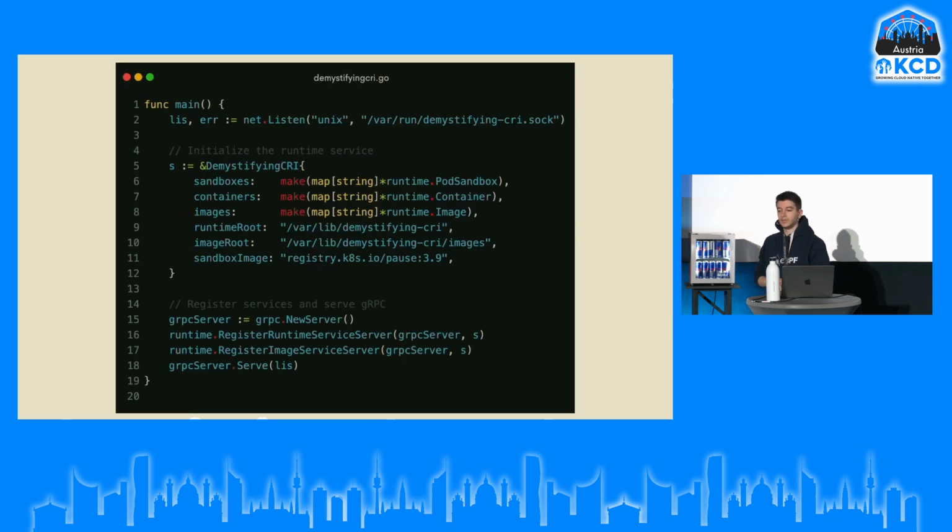All of that now needs to start somehow, right? So we have a main function, and inside of that main function, we need to listen on something, right? We need to open some kind of socket, and this is necessary so that the kubelet can send us information. And so we're just opening that socket, var run demystifying CRI.socket, and then we're initializing the runtime service with all